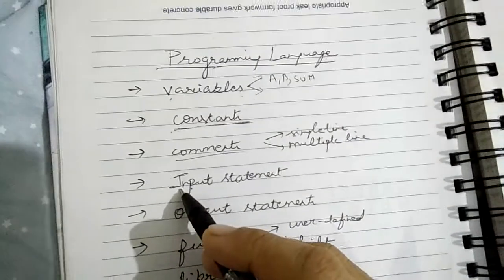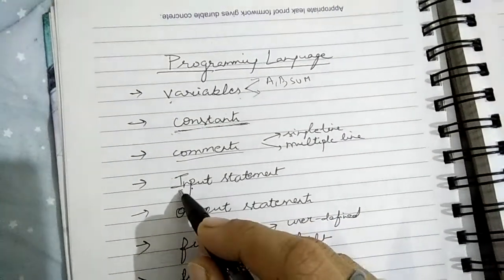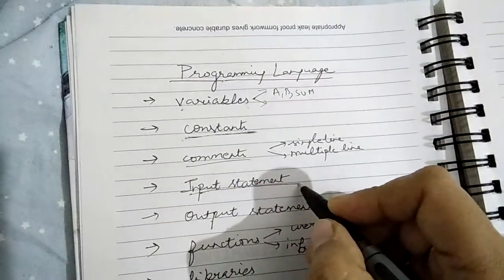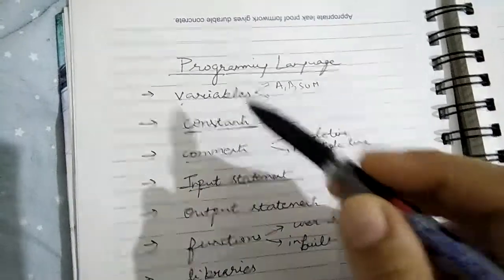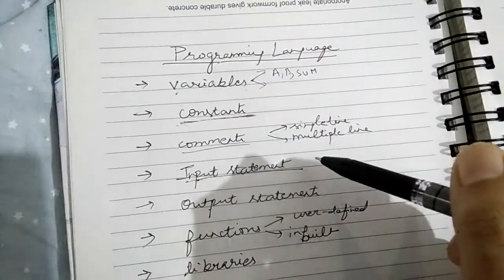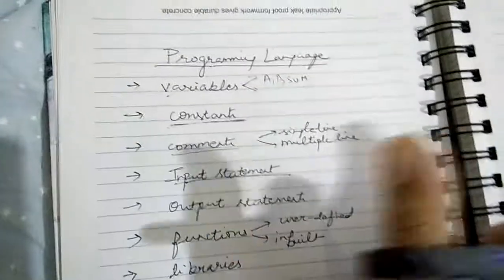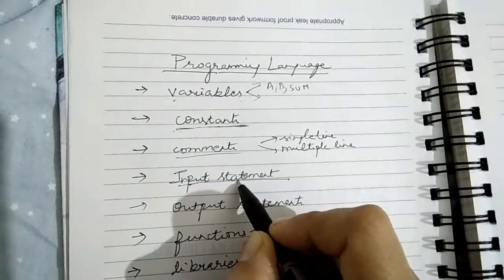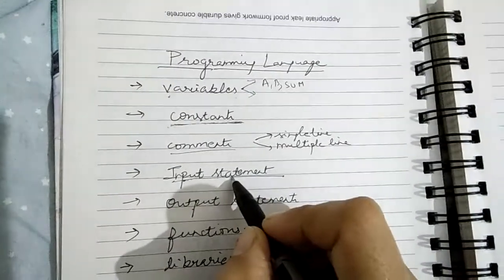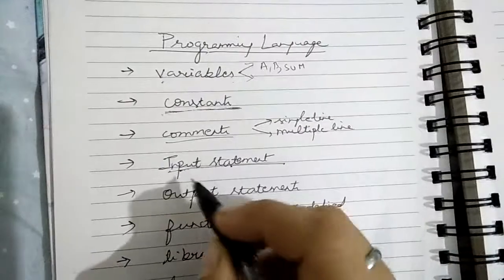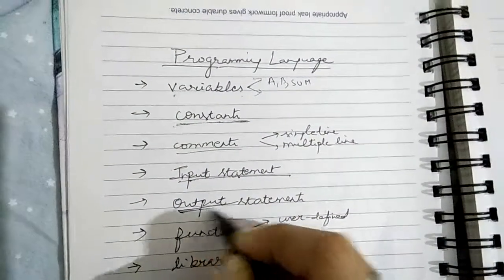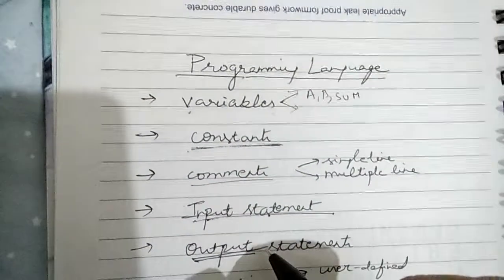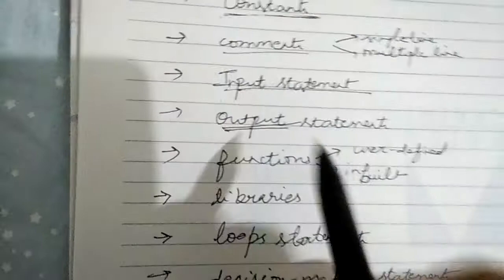Now there are input statements and there are output statements. Input statements are used to take the input from the user. All these things will change in different programming languages. The input statement in BASIC will be INPUT. In C it will be the scanf statement. In Java it will be different, in C++ and so on. Output statements will be used to display our results. For example, in BASIC we use a print statement to display our results.